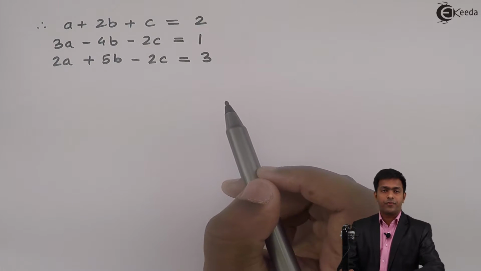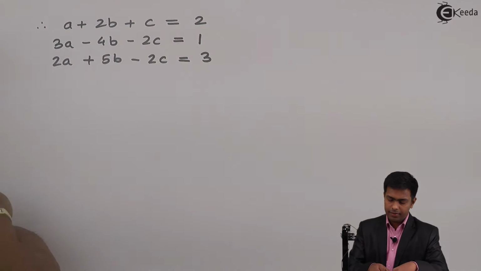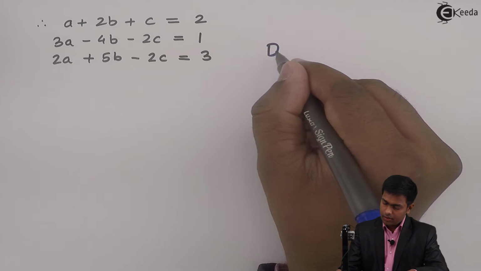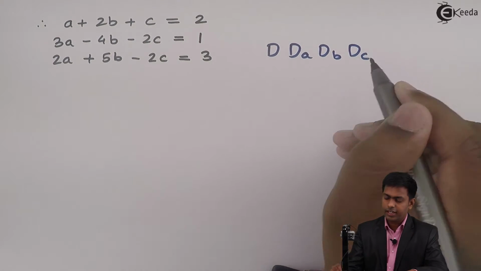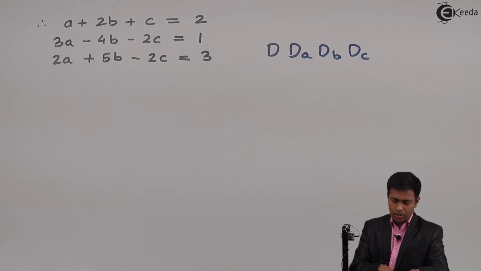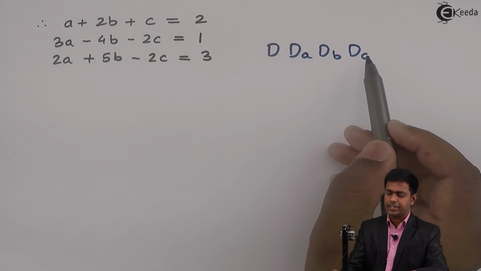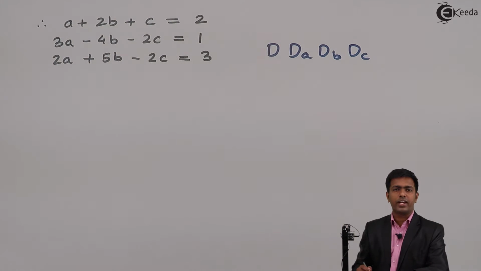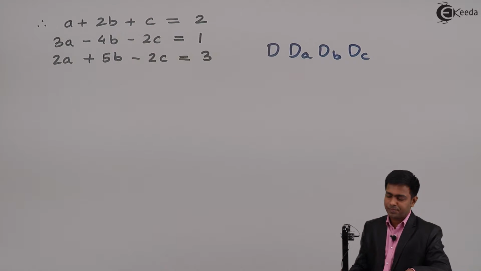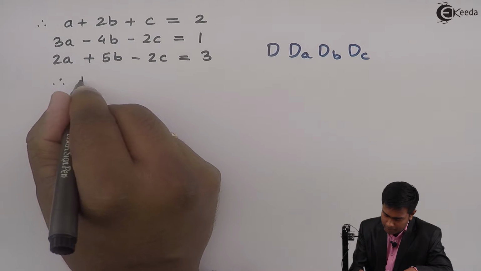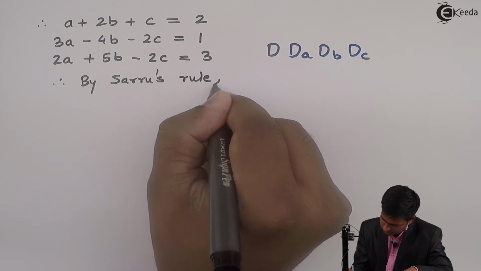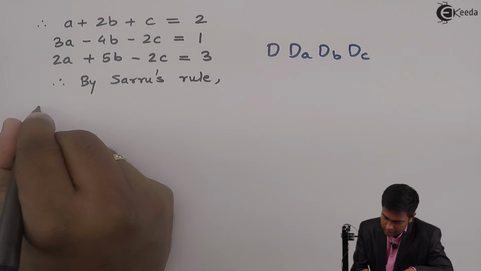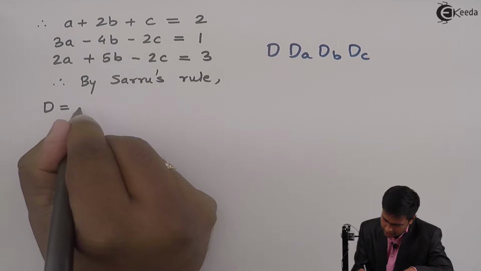So now let's find out the value of D, then DA, DB and DC by using Sarrus's rule, and after that we'll apply Cramer's rule to get the values of a, b, c, from which we can find out the values of x, y and z. So therefore I'll say by Sarrus's rule we'll get determinant D as,